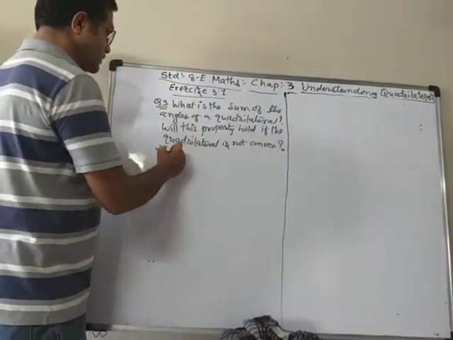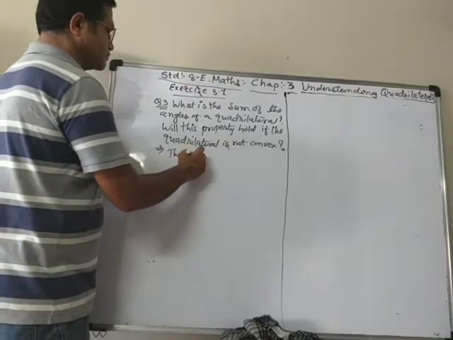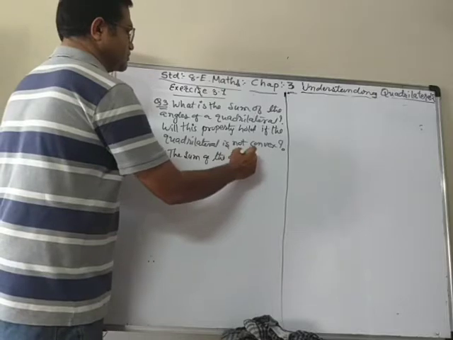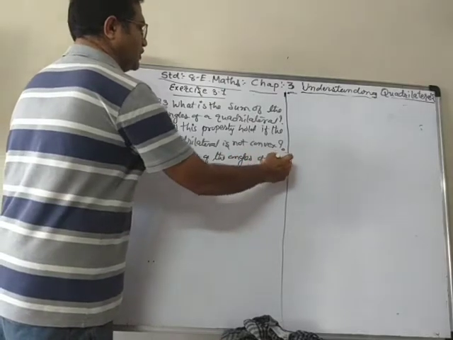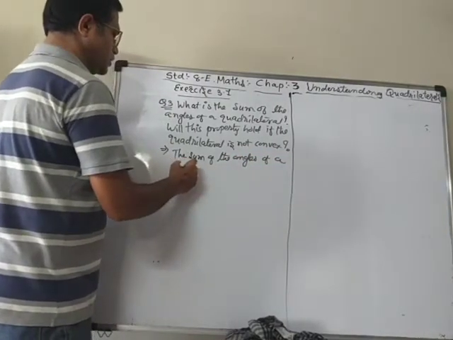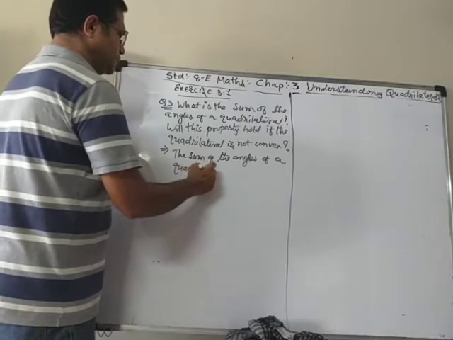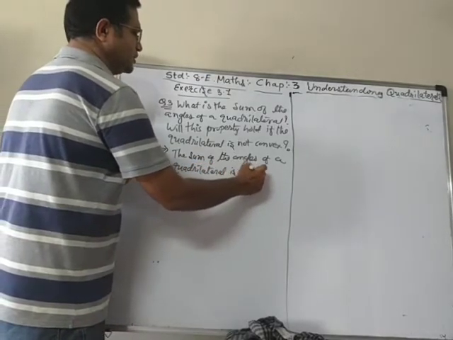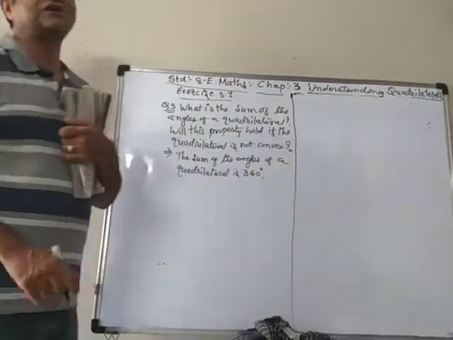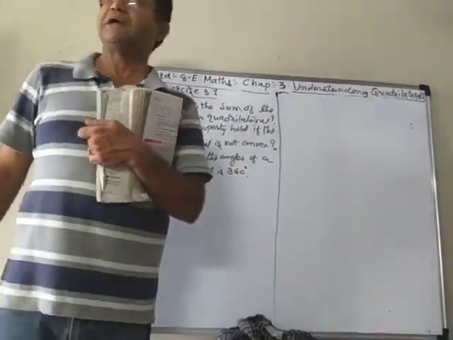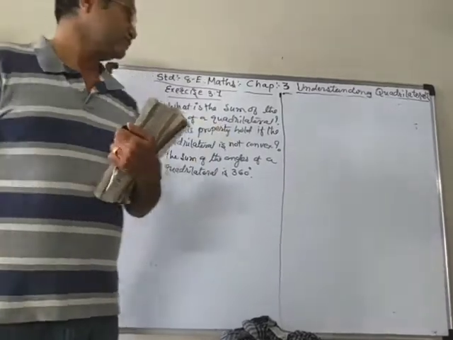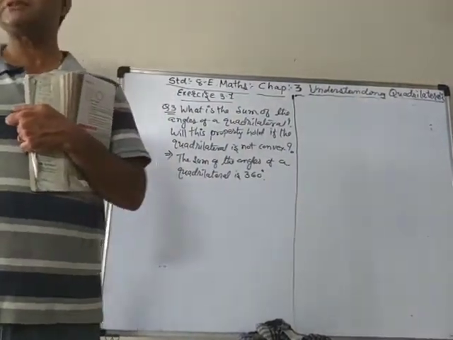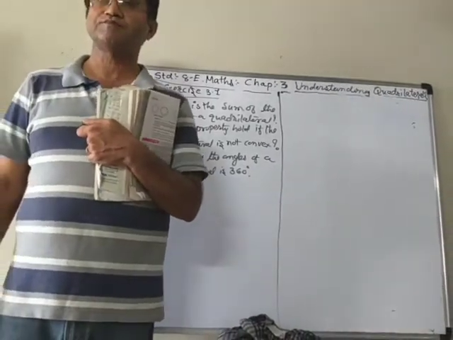So we can write down the sum of the angles of a quadrilateral is 360 degrees. Now they asked that if the quadrilateral is not convex, means it is concave, then